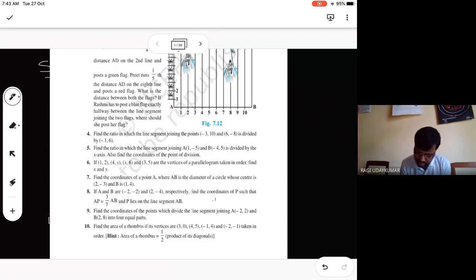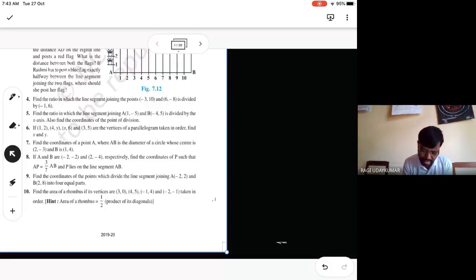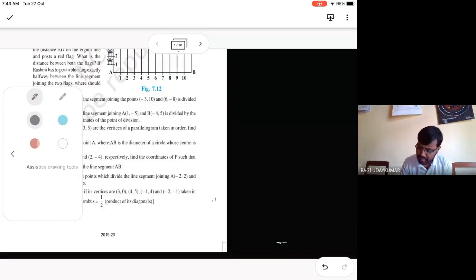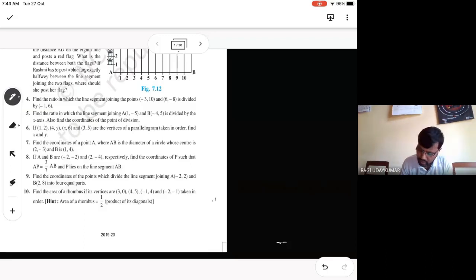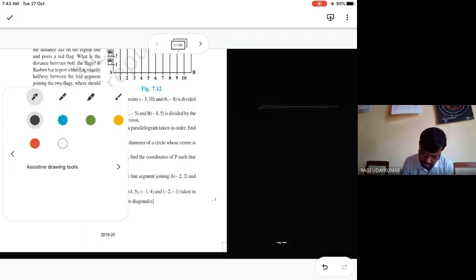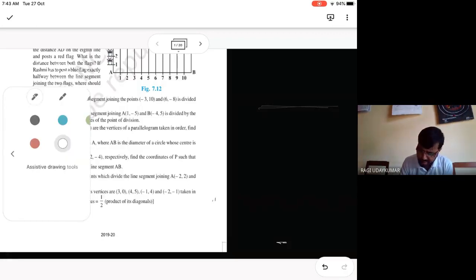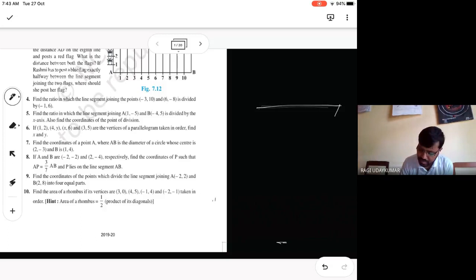6th question देख लिया तो ये coordinates of the parallelogram is given to you. Four coordinates are given to you. These 4 coordinates are coordinates of the parallelogram. So parallelogram is nothing but the main property of the parallelogram. Whenever you take into consider the parallelogram, you consider the points as a first point. What is the first point given to you in the question number 6? 1 comma 2. ये consider B, C, D. So ये 1 comma 2.